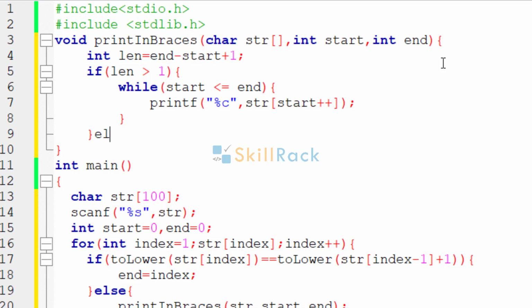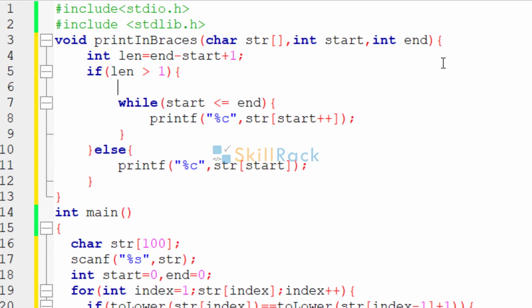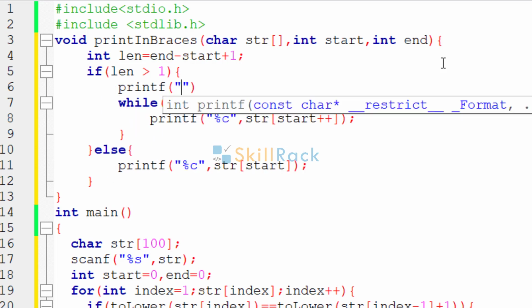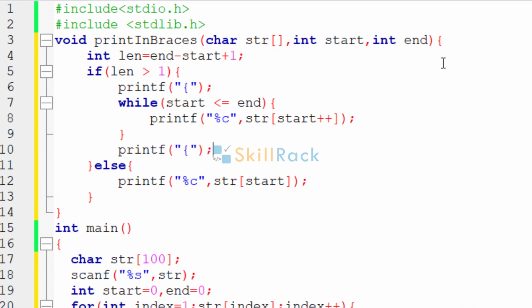But if the length is 1, you are just going to print the character. So I am going to say %c. You can say start or end. Both are one and the same because they are going to point to the same characters. But here, because you have to print within the brace, so before printing the characters in the range, we have to print the open brace, and after printing the characters, you have to print the close brace.